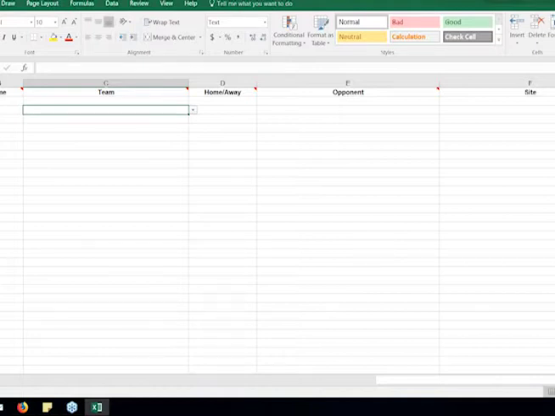So great question from Vicky. The answer is yes. You're able to import away games as well as home games. Just on the template in column D, the designation there says home or away. So you can just select whether it's a home or an away game. This section right here.